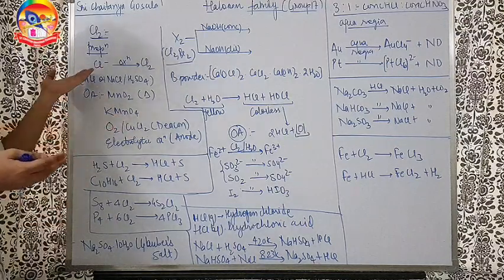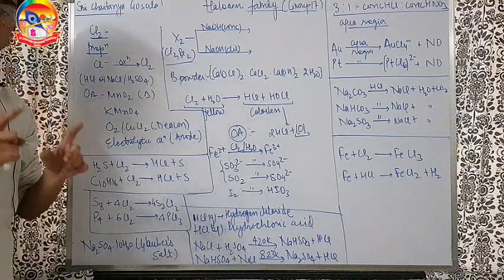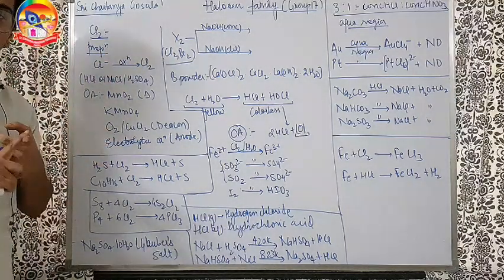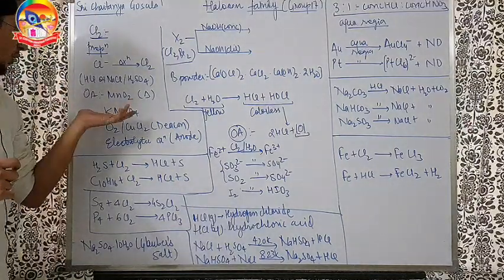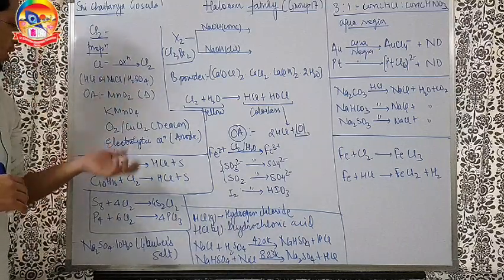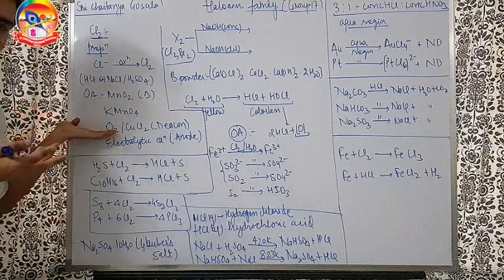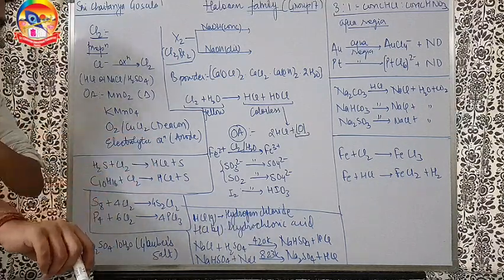So it will in fact oxidize Cl- to Cl2 at room temperature also. That's why for acidification of KMnO4 we don't use HCl, we use dilute H2SO4. We never use HCl. Why? Because KMnO4 oxidizes Cl- or HCl into chlorine gas. Going ahead, we can take oxygen with a catalyst of CuCl2 and this method is called the Deacon process.